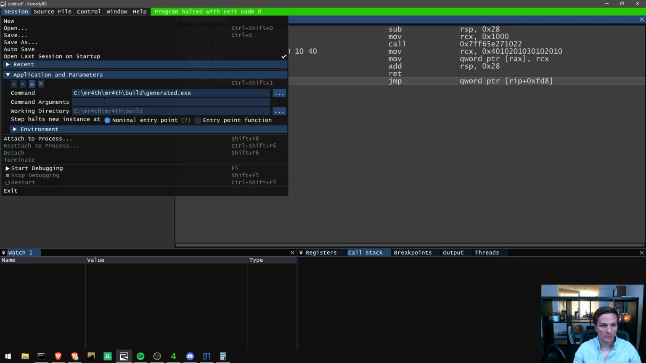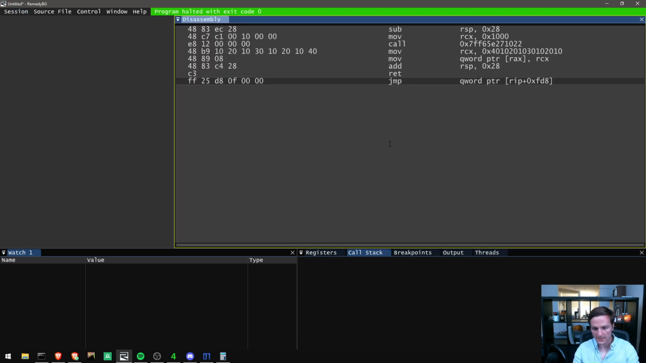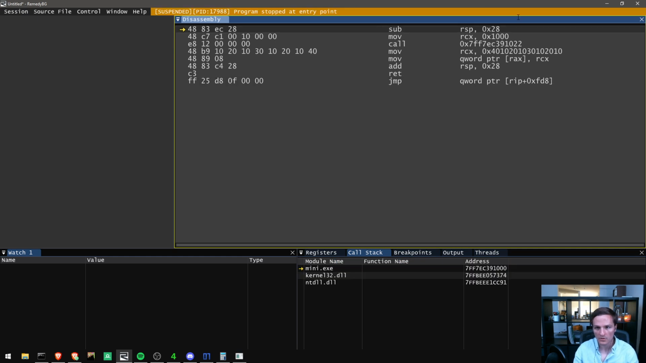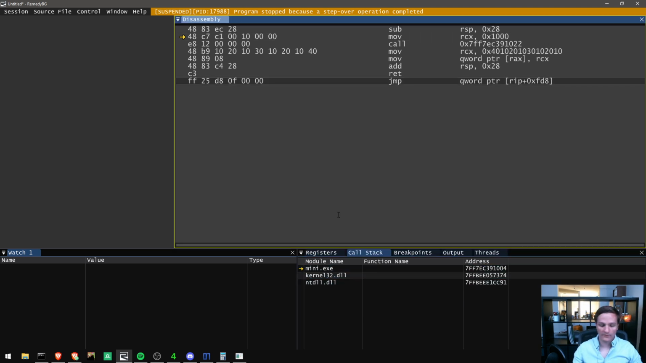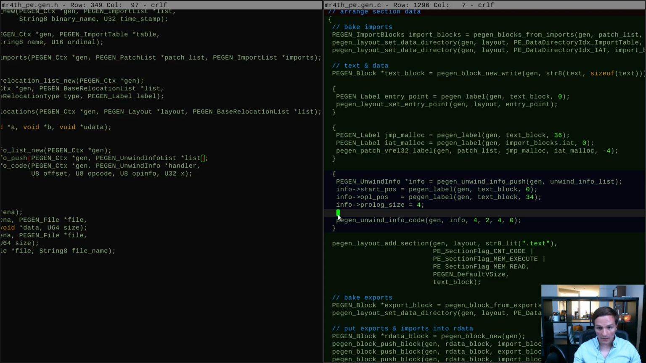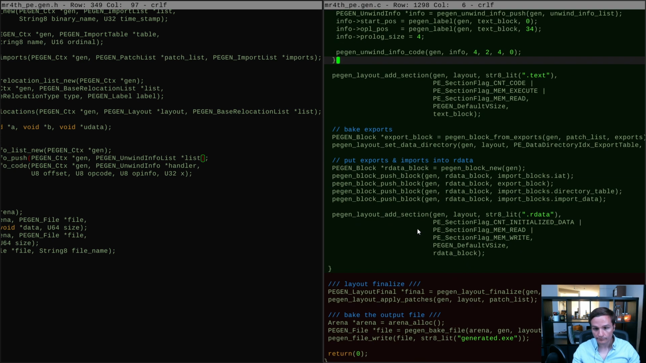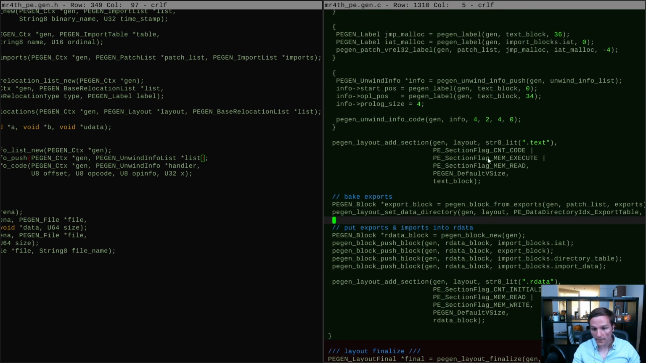Compare that to the test case, the one we used the assembler to create, mini exe. When we step into that same machine code, the stack unwinding still works. What's the difference? This one has unwind info. So here I've set up the unwind info. I think this should match, but we need to bake